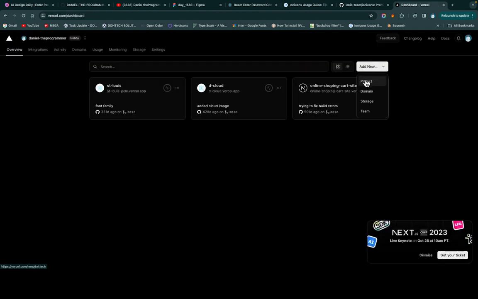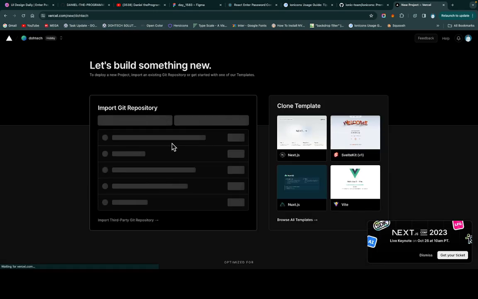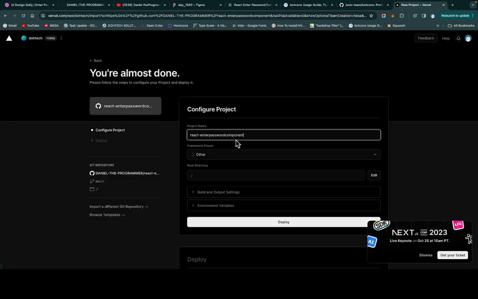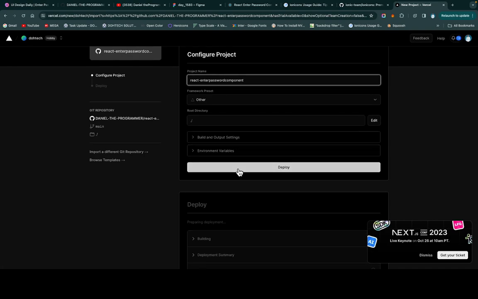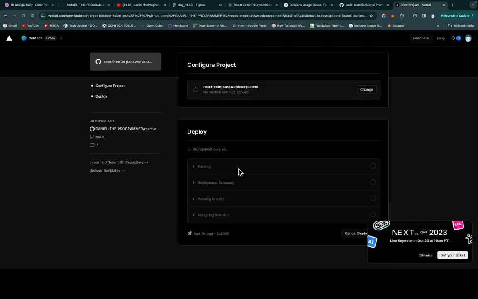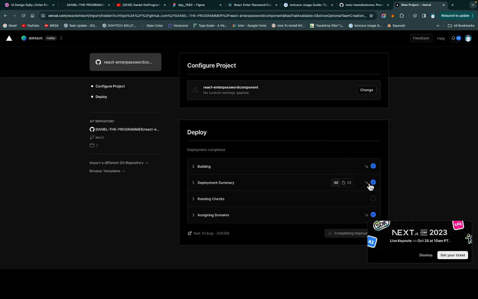Go to your dashboard and just click a new project. From Vercel, you can search for what you want. Since this particular repository is on the Daniel the Programmer organization, I'll just import this. Then I can just hit deploy. Now they say no custom settings apply. And now the deployment